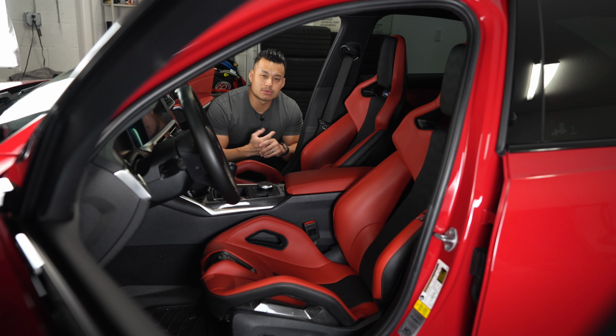distributed. The reason why this is not worn out, like many other people's carbon bucket seats might be at this age, is because you gotta take the proper precautions. And the proper precautions is not only conditioning the seats, it's actually using the proper way to get in and out. I'll show you real quick, but there's another video that I made that shows you a good technique that I've used to get in and out of these seats, making sure that there's less wear and tear on the bolsters. And actually, I'm gonna show you guys a little bit closer look into the bolsters